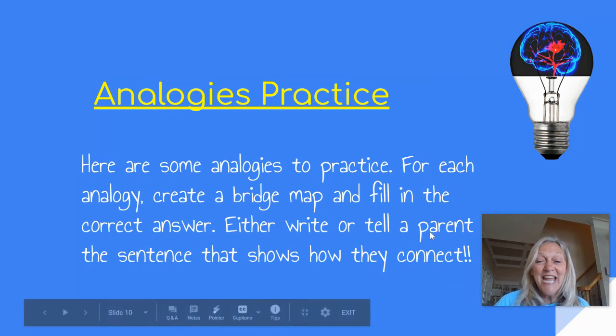And guess what? You get to do your own now. For each analogy, I want you to create a bridge map and fill in the correct answer. Be sure to write a sentence